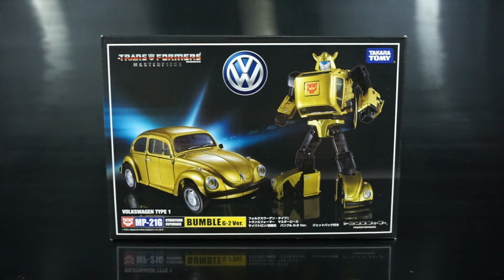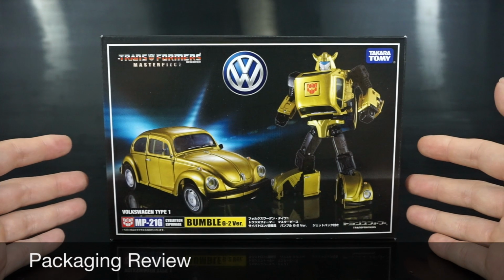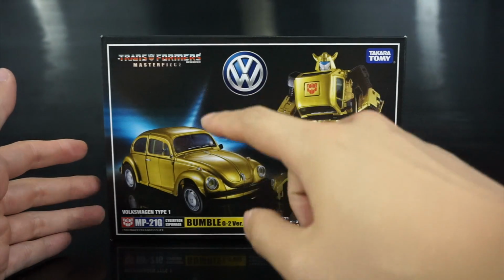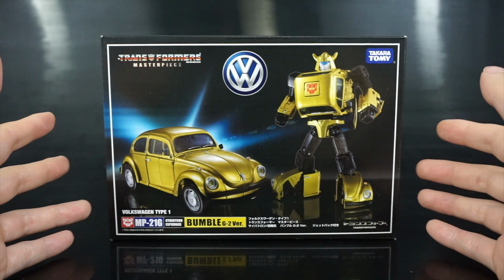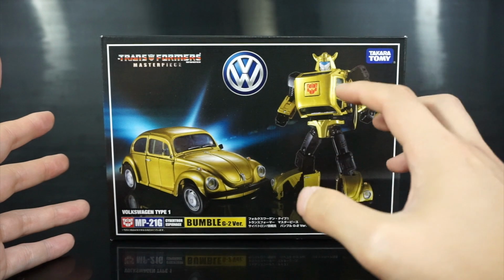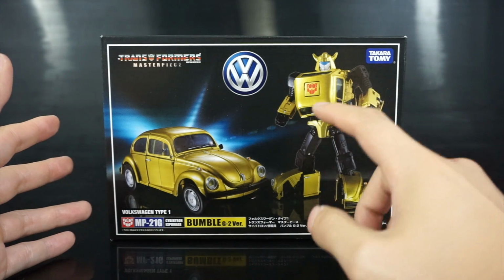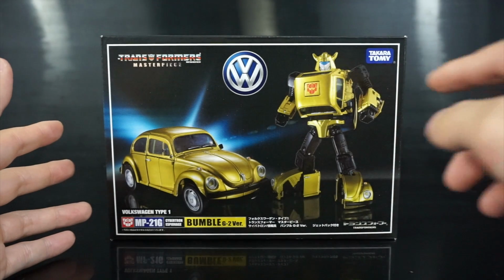Alright, so let's go ahead and get started with the packaging review, and we're familiar with this. It looks almost exactly the same as what we saw with MP-21, except obviously the updated images for Bumblebee in alt and robot mode, and the first thing that you notice is the striking paint difference. So you get a really rich metallic gold in this figure. Second thing you'll notice is probably the G2 symbol found here and here, and then lastly you'll see the battle